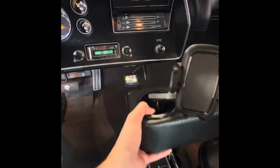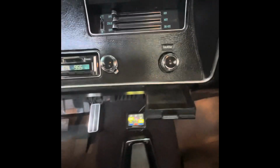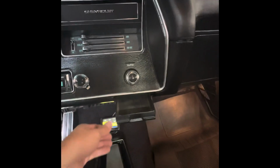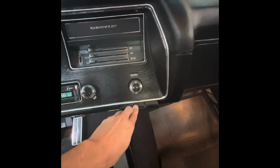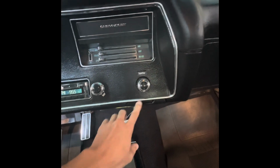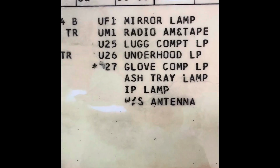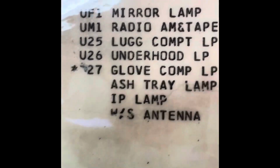Next would be U28, I believe, but that would be, as obvious as it looks, the ashtray lamp. Currently, ashtray is not rocking any kind of lamp. I never got her hooked up because I'm running this cup holder here, and I don't really want to lose that with that light being on all the time. So I never hooked her up. Next is U29, which is interior passenger lamps, which we have one here, one light over there, one there, and one in the back. I'm not quite sure of the number on this. I think this might be U30, but this is the windshield antenna,